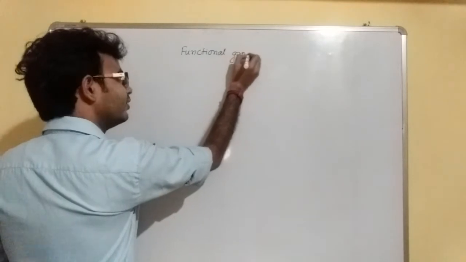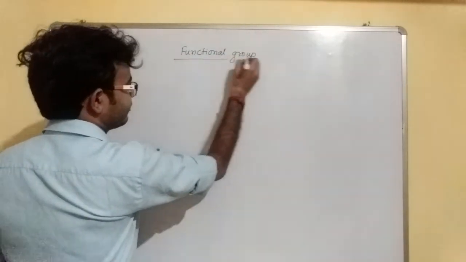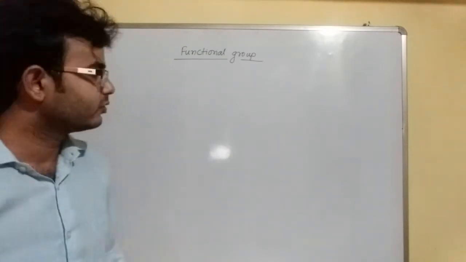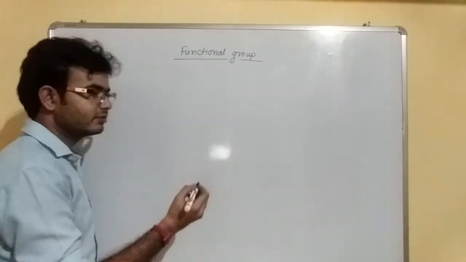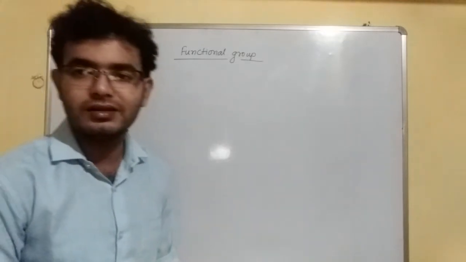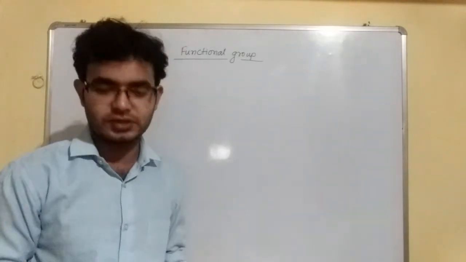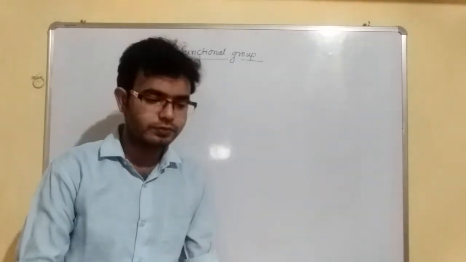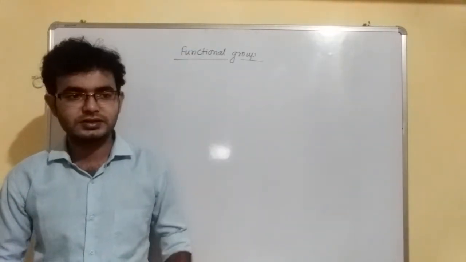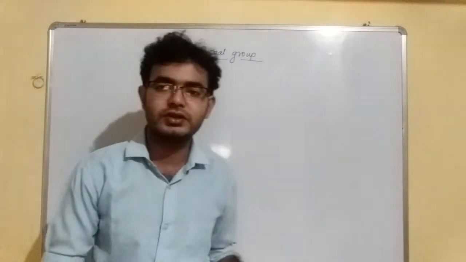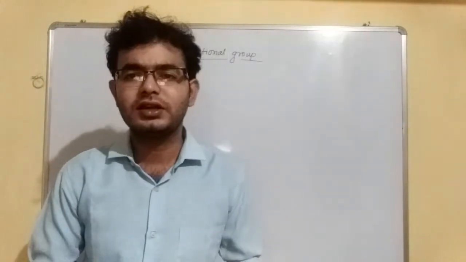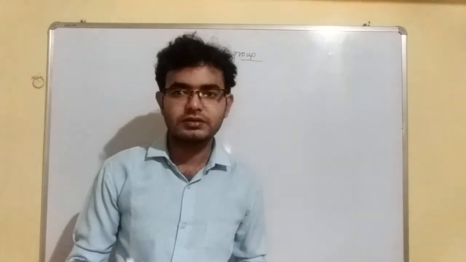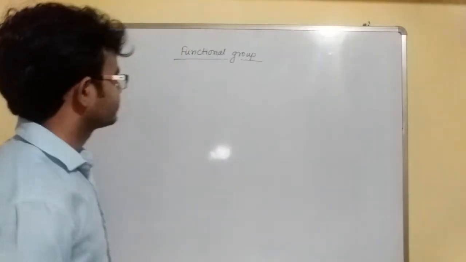Functional group. After that we will discuss the ray diagram. I forgot to include it here. A functional group is a group of atoms or an element. A single element may be a functional group. Two or more atoms can combine to form a functional group. When present within a compound, these groups provide a specific character to that compound. These types of groups are called functional groups. So let us discuss it.